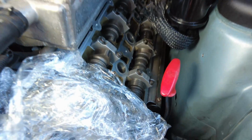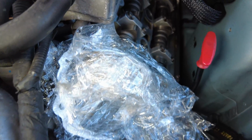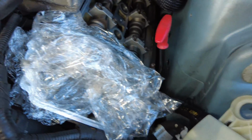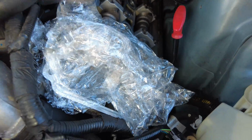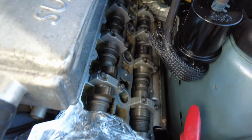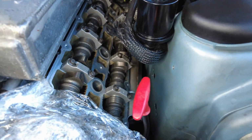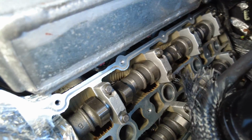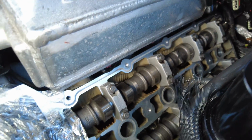So I thought I'd do a quick recap of where we are. You can see here I've got cling film covering up the top section where the timing chain tensioners are, to stop any stray things falling down there. In fact, I covered up most of this with cling film whilst I was working on it. What I've been able to do is, as best as possible, clean up the edge